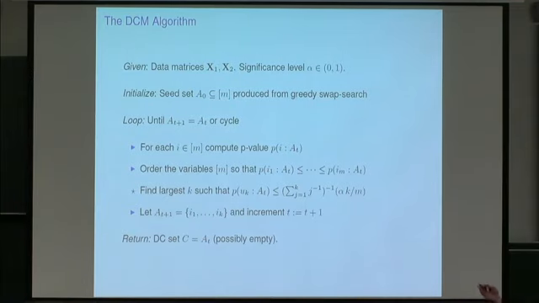So it's important that we look at the best variables. If we looked at a random subset, it wouldn't work. In fact, if you choose a random subset to start this, it quickly returns the empty set, because basically nothing makes the cutoff. So it's greedy in that sense. And ordering them means that when we get to a fixed point, we have something that at least satisfies part of the definition that we're after. Is that okay? Any other questions?